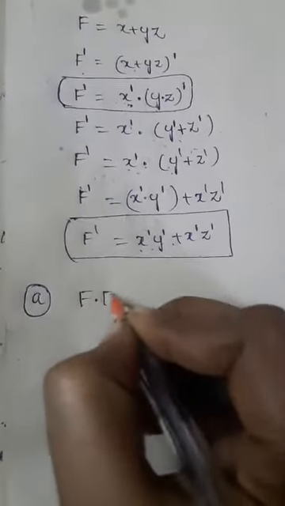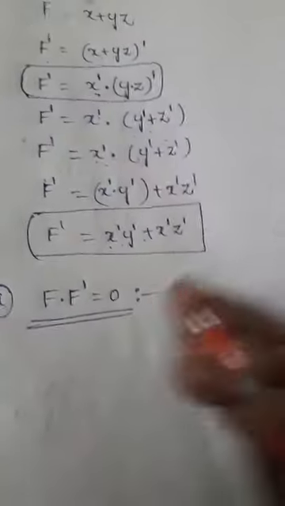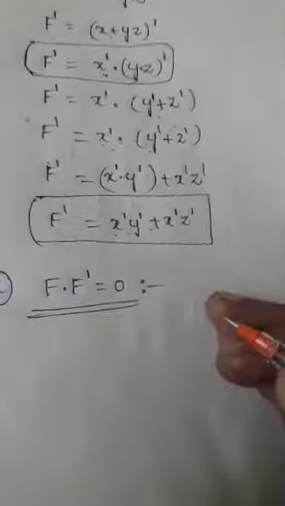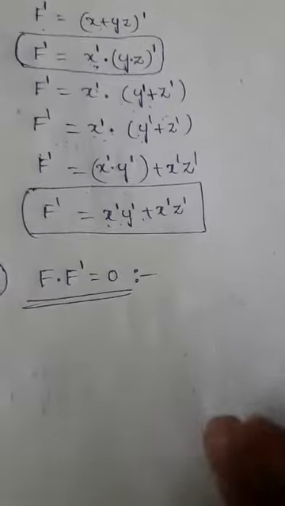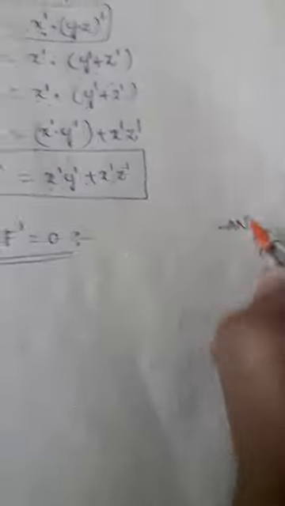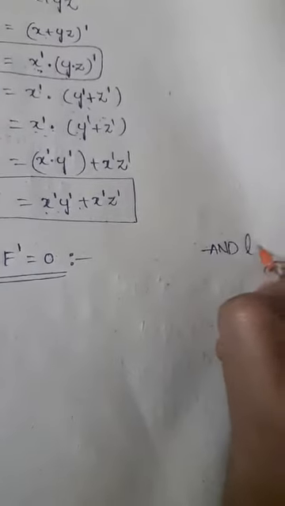So f into f complement is equal to 0. Already we know, right? The Boolean function a into a complement is equal to 0. By using Boolean laws we can simplify this. That means Boolean laws depend upon the AND law. So how can we say that a into a complement is 0? It depends upon the AND law